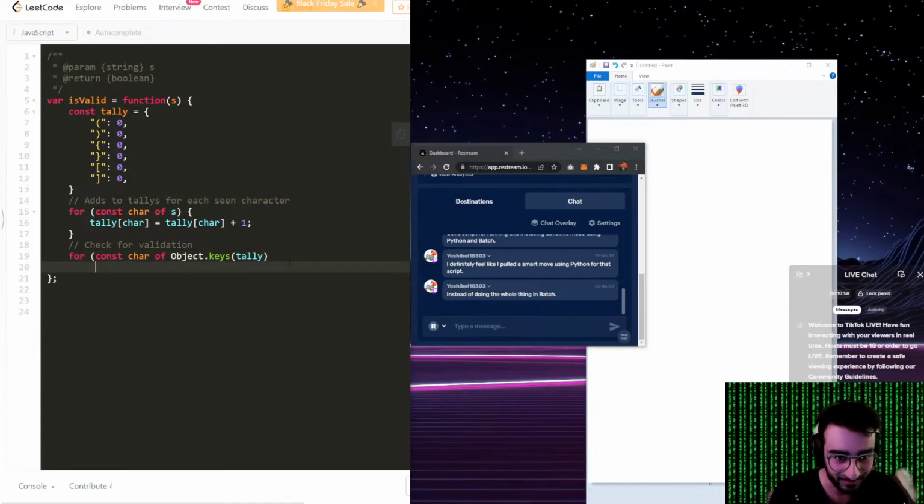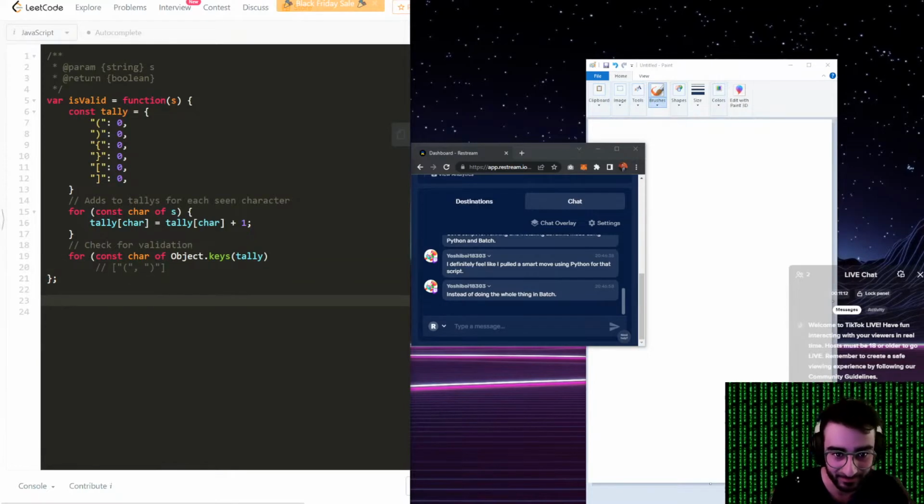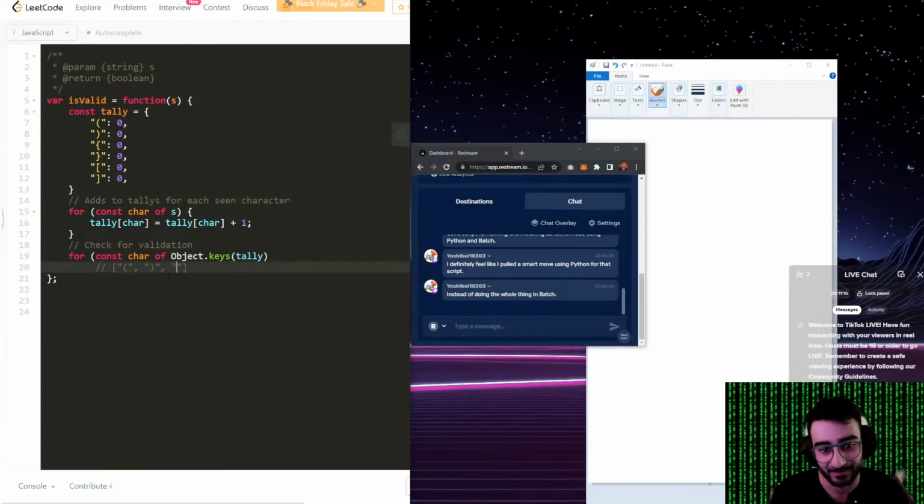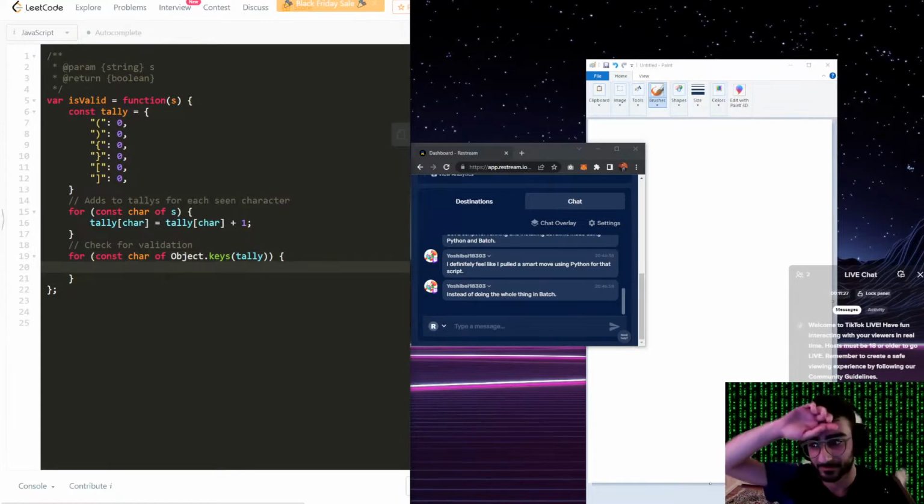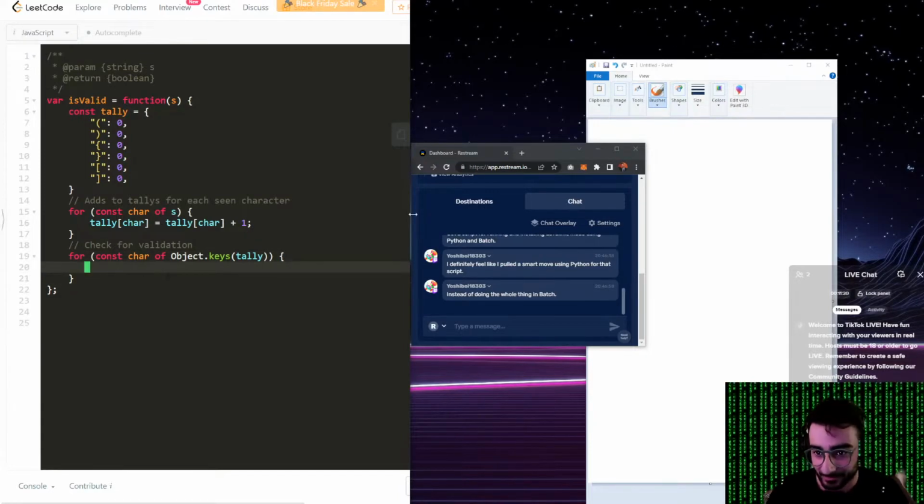So for tally, it should give us something like this, with every key as an element in the array, etc. If that makes sense. Yep. So for each character,